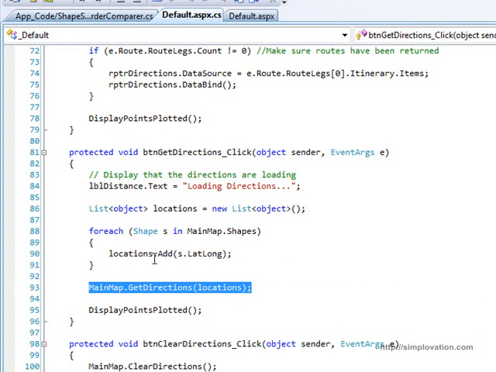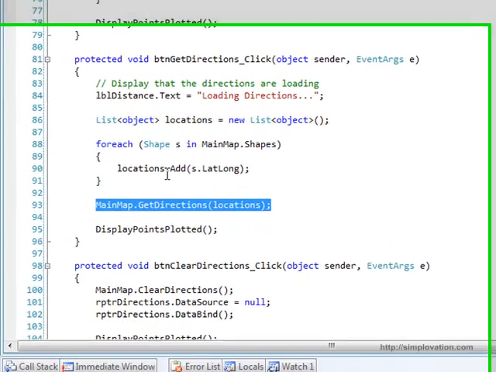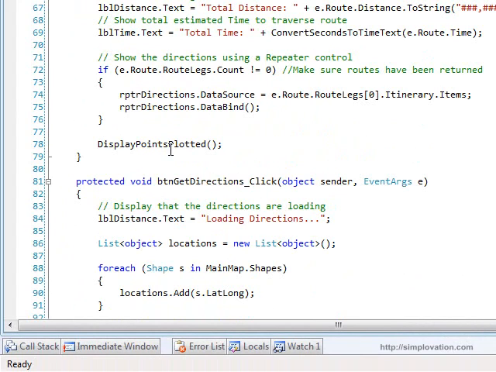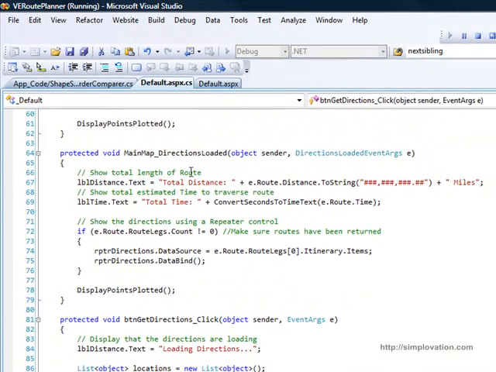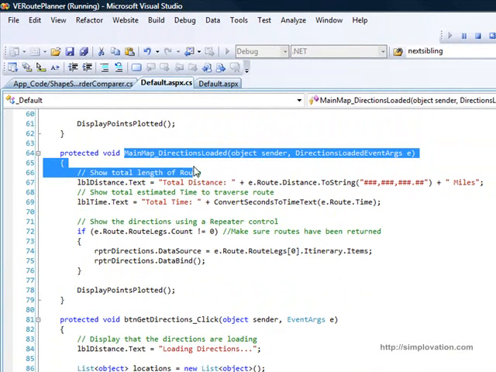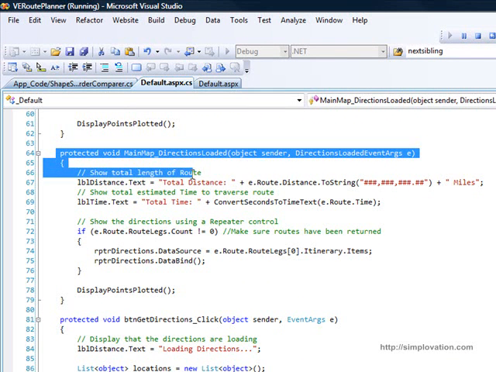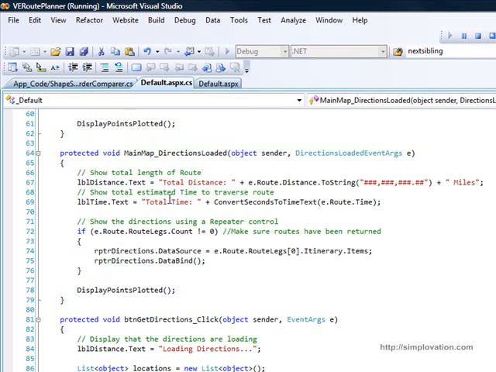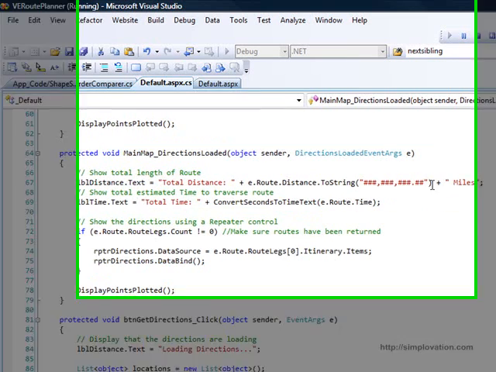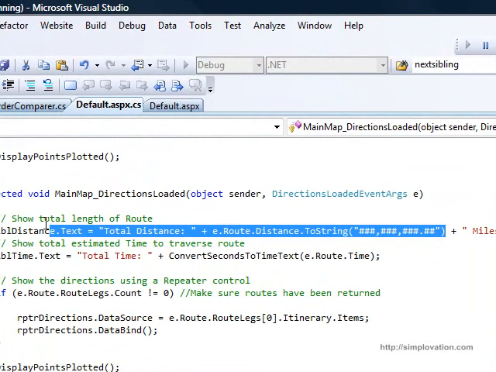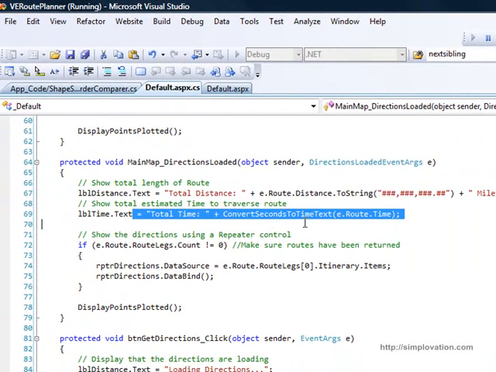And once Virtual Earth has completed plotting the route, it raises an event that the route is completed, which causes the Web.Maps.VE component to raise the directions loaded event up to the server using an asynchronous postback. And then we get into the main map directions loaded event handler, where we go through the route, we find the max distance of the whole route, display it in a label, the max time for the route, and display